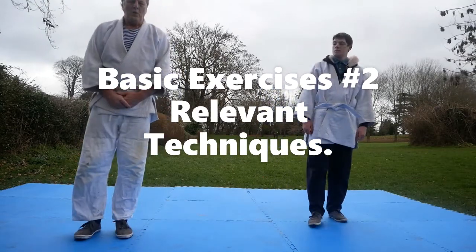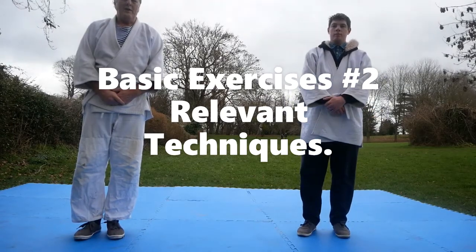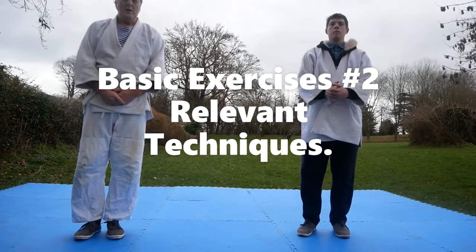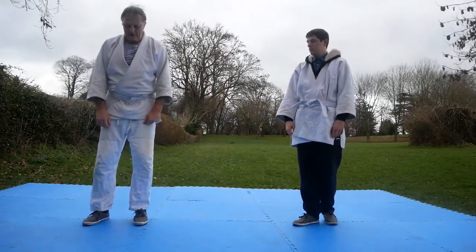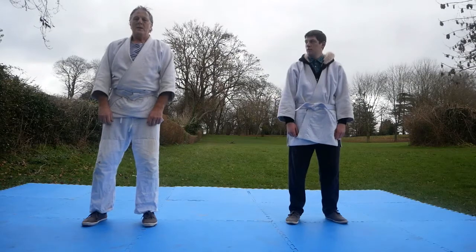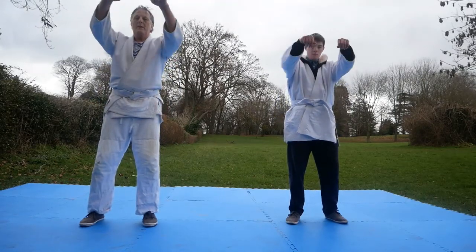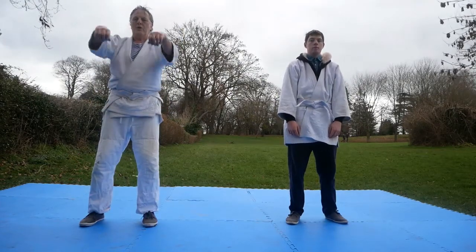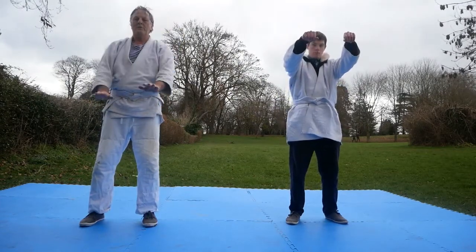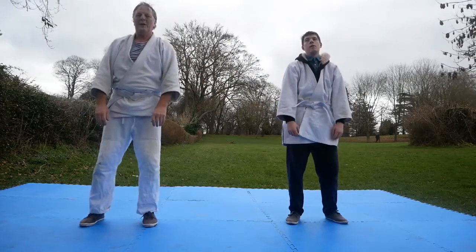So first of all, I'm going to show a basic exercise that you can do which will lead to this technique. The basic exercise is simply, if you remember the breathing, though you don't necessarily need it, and then you just drop. And you just drop. There's no putting them down with force, you just go, I'm exaggerating, but